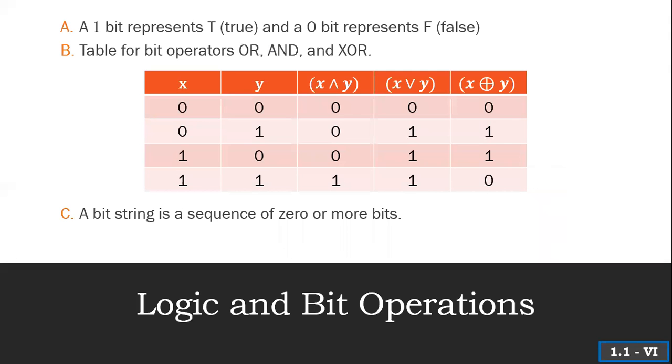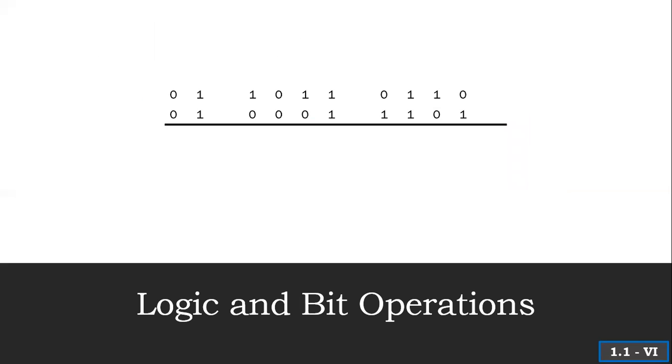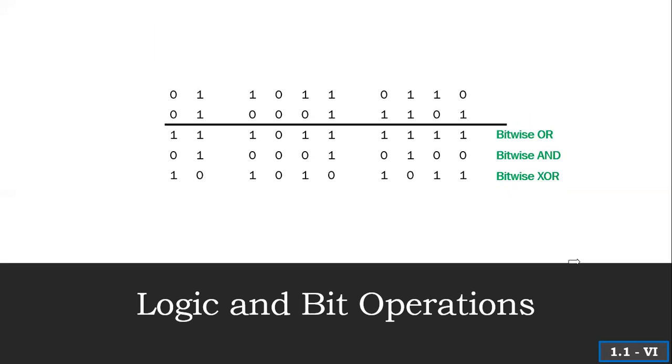One other thing to note here is that you can do logic and bit operations with these. So if you let the 1 bit be true and the 0 bit be false, you can quickly do these logical operators in binary, as it were. So a bit string is a sequence of 0 or more bits. So the truth table here can go really, really fast. I'm going to show you how to do both a bitwise OR, bitwise AND, and a bitwise exclusive OR. The bitwise OR simply asks, hey,